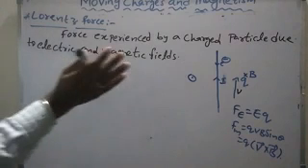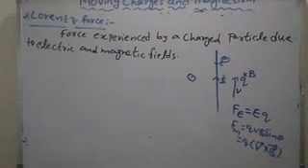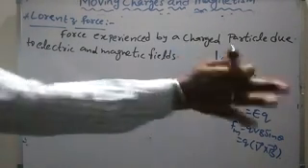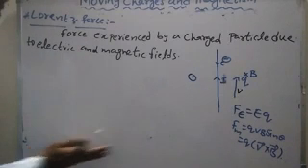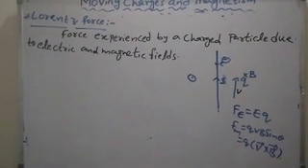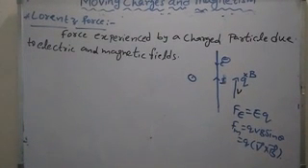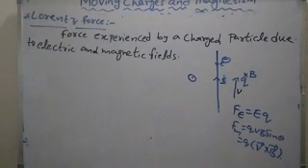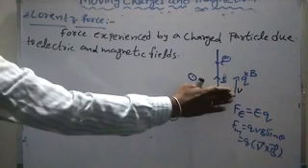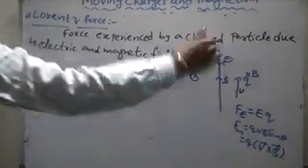The charged particle is moving perpendicular to the magnetic field. If the magnetic field is into the board or out of the board, and the velocity is along the y-axis, or the velocity of the charged particle is along the x-axis, then what is the angle between the velocity of the charged particle and the magnetic field? 90 degrees. Let it be. There is an angle between the velocity of the charged particle and the magnetic field, where theta is not 0 and not 180. Some force is experienced. How much force is experienced by the charged particle? Which force?